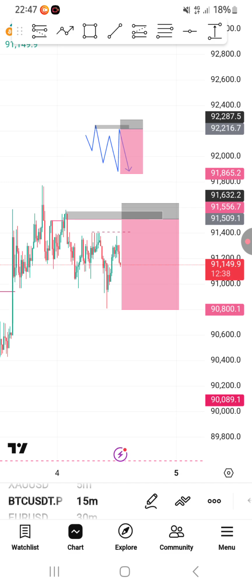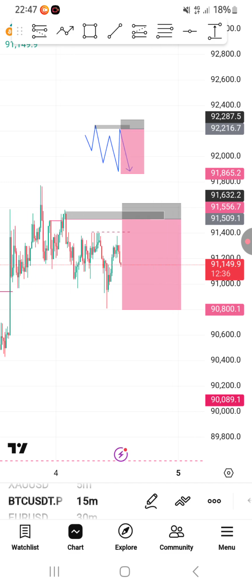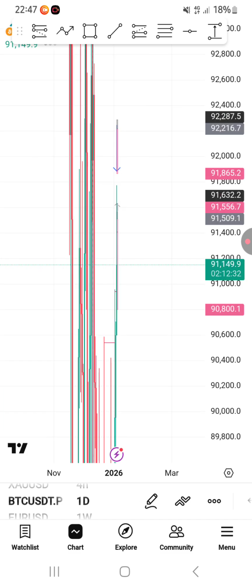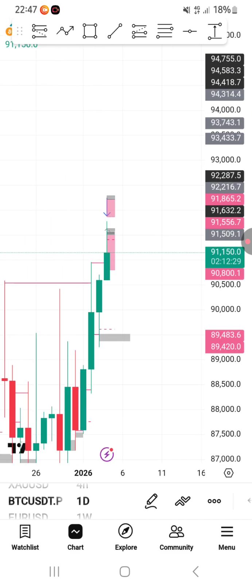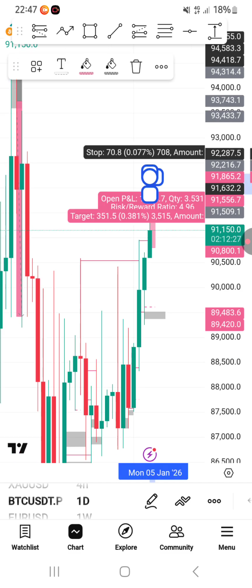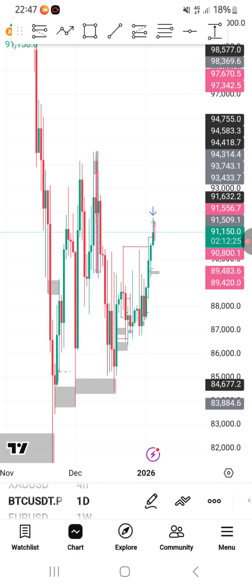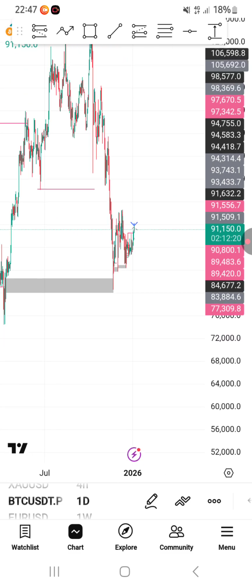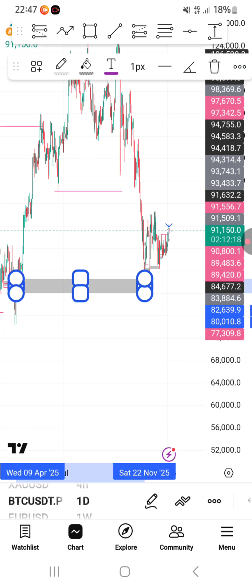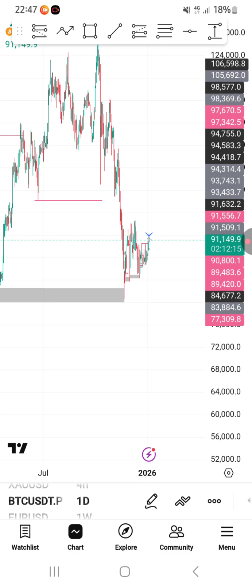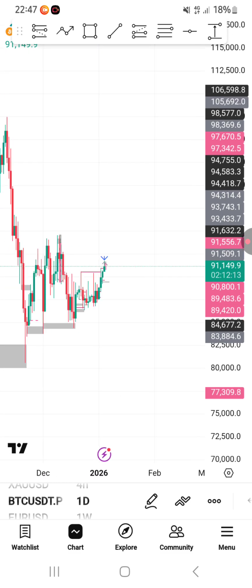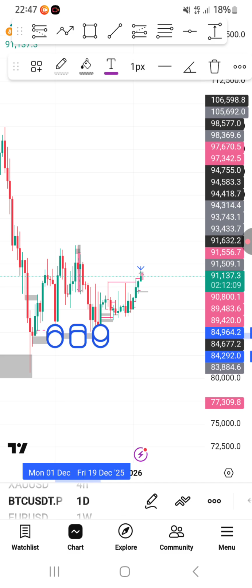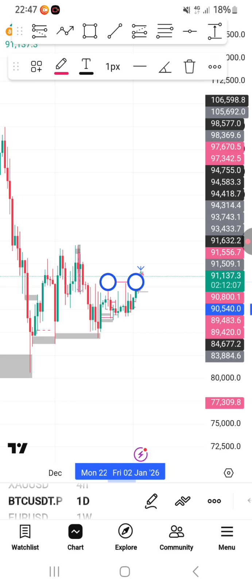So this is the lower time frame, this 15 minutes. Let's go to the daily so that you guys will see what I was seeing. So this is the daily time frame, and I can see that market is buying. Market has been reacting from this daily zone here, this particular order block that I marked here, this one. And market is buying. Market has failed to go below this zone here, so market kept buying, and I'm